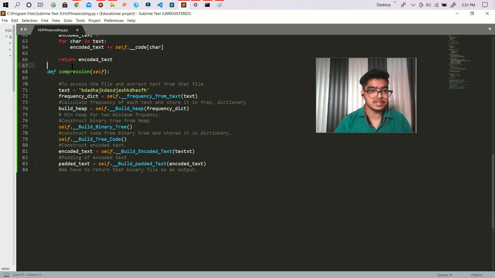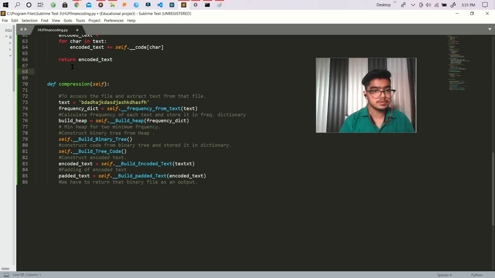Now let's define that function there. We have to write build padded text.